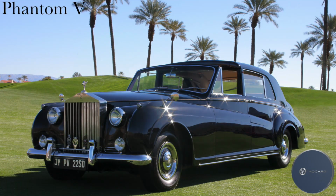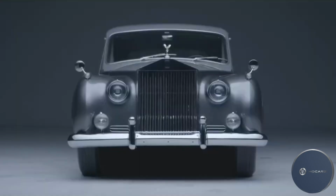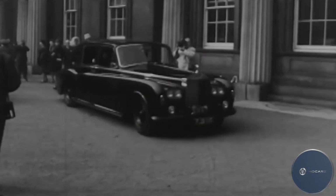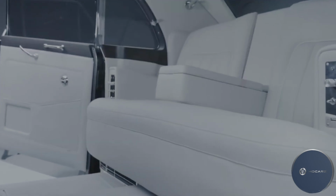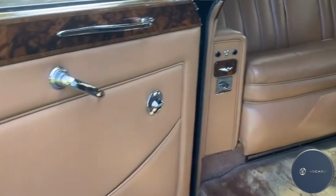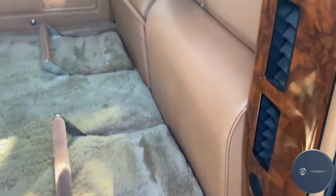Heading to Phantom 5, another V8 powered star, this 5th generation Phantom was built from the late 1950s through the early 60s. It also counts the late John Lennon of the Beatles as a former owner. Rolls-Royce's new limousine model, the long wheelbase Phantom 5, effectively replaced the royalty and heads of state only Phantom 4. Built on a much modified and strengthened Silver Cloud chassis, enjoying the same wheelbase as the Phantom 4,